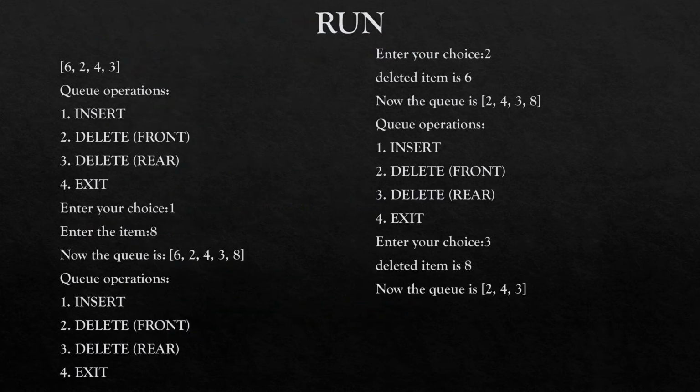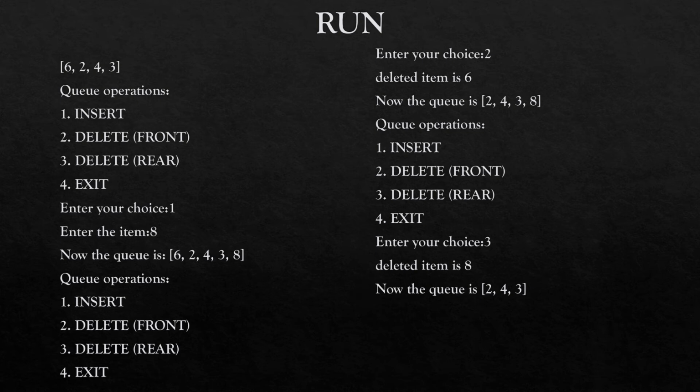So once you run the program, you can see if you enter the choice 1, then it will ask for the item to be entered, that is, let's say 8. Then 8 is inserted or added to the queue at the rear end. And it is asking for another two options, that is deleting from front end or deleting from rear end.